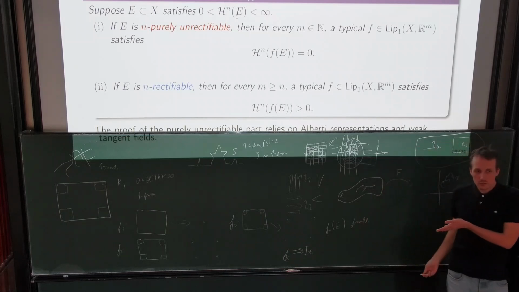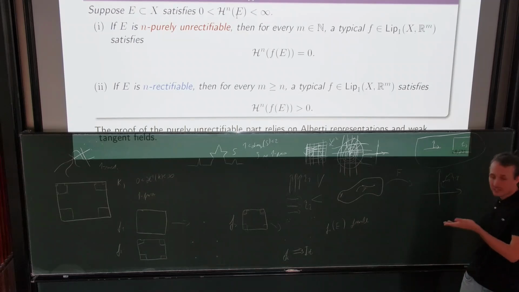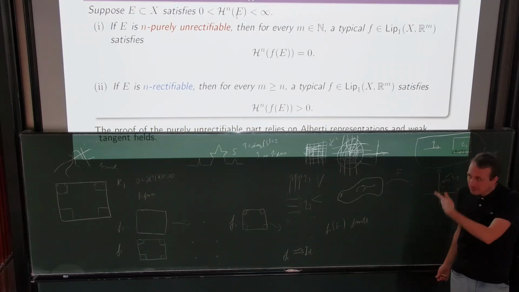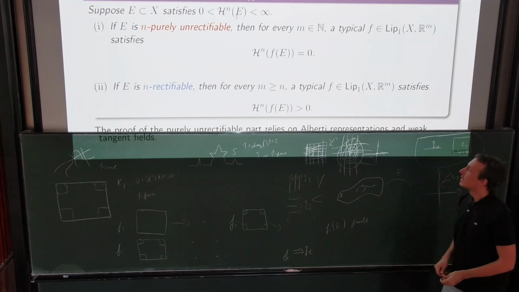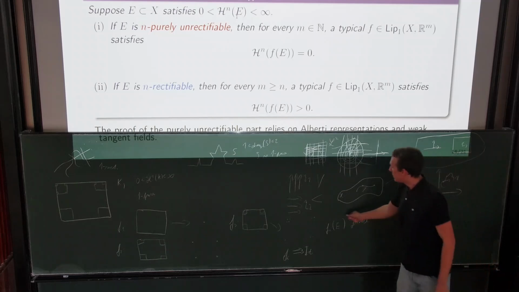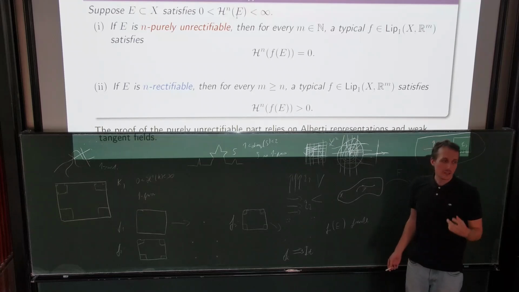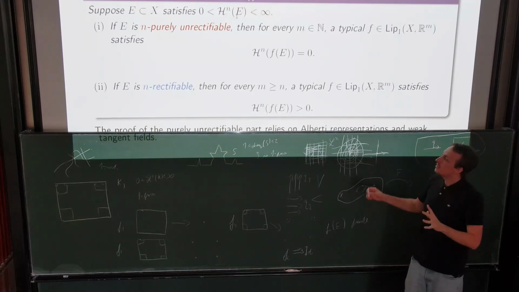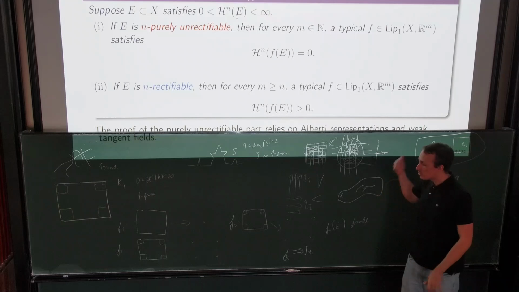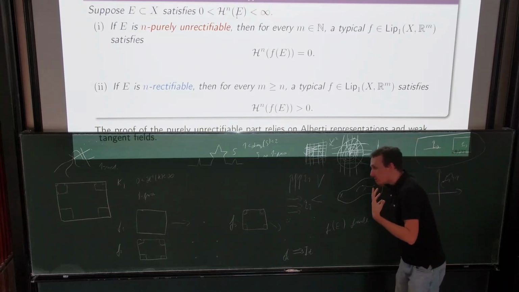So not only do you get 0 length, you actually get finite, which is just infinitely better, right? Of course, you can't get finite for a residual set of maps, so for a typical map it will not be finite. But what you can get, at least for one purely unrectifiable set in R2, without too much work,